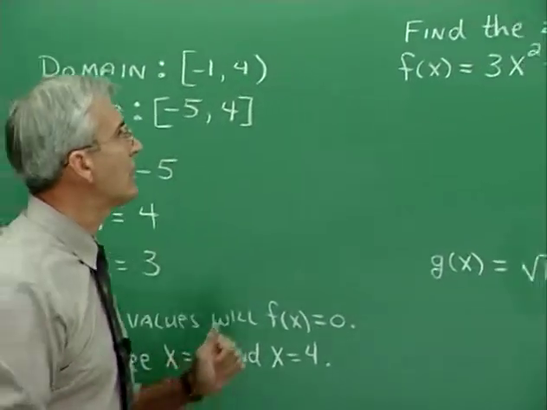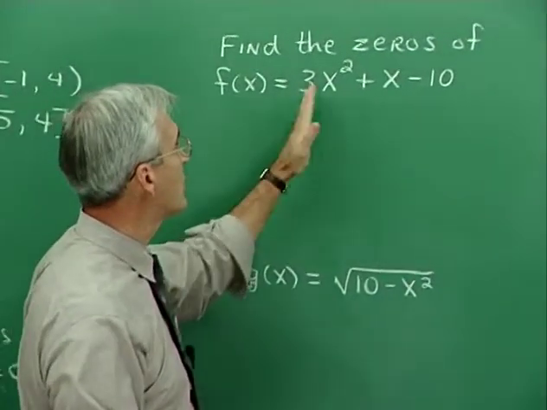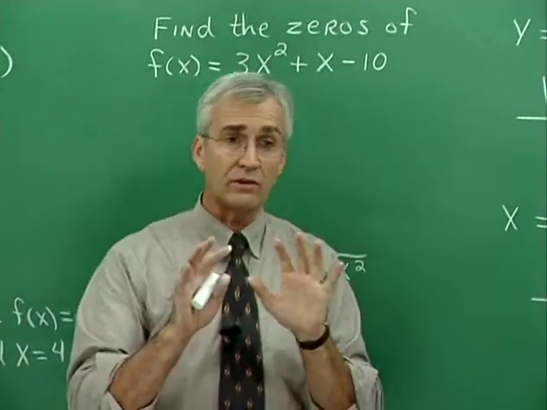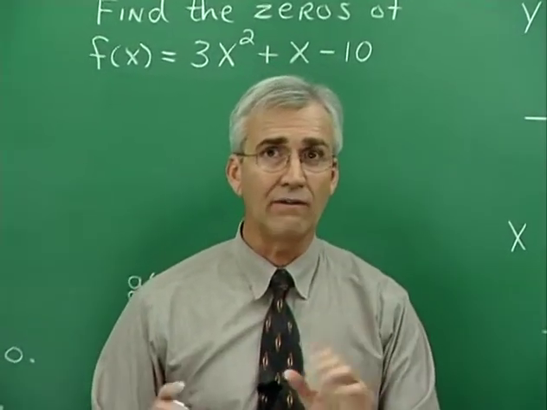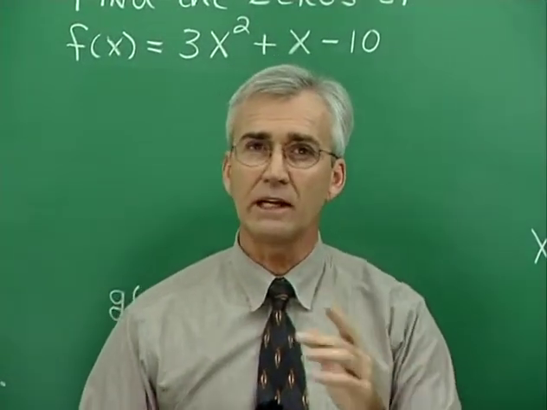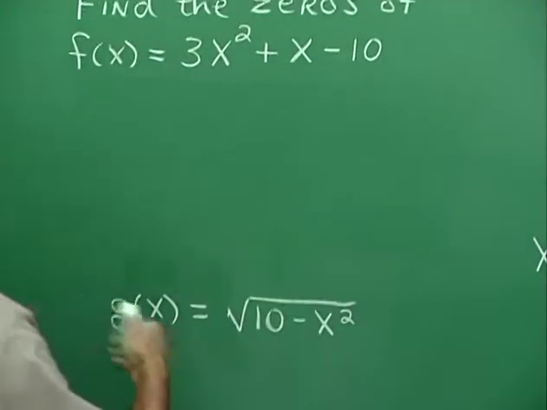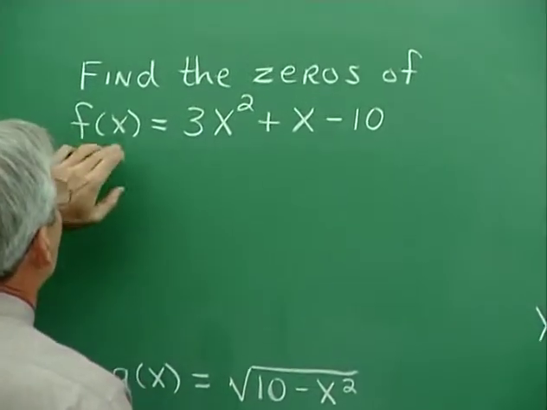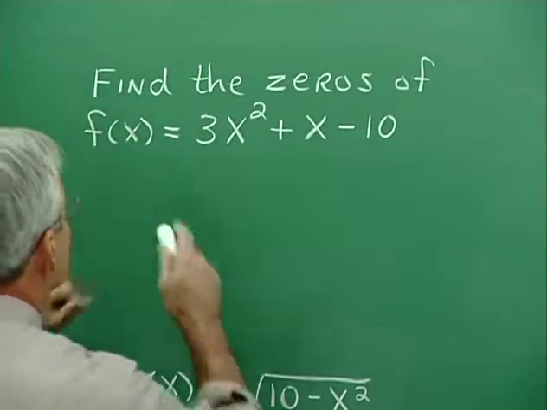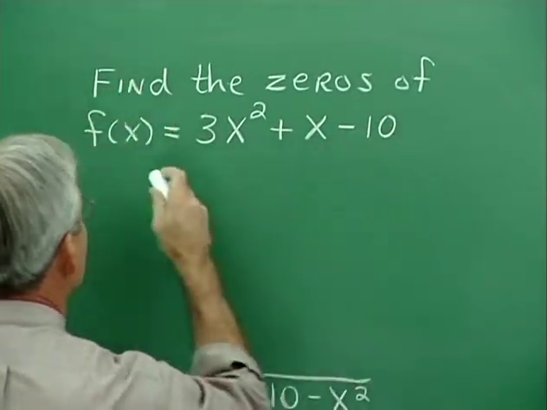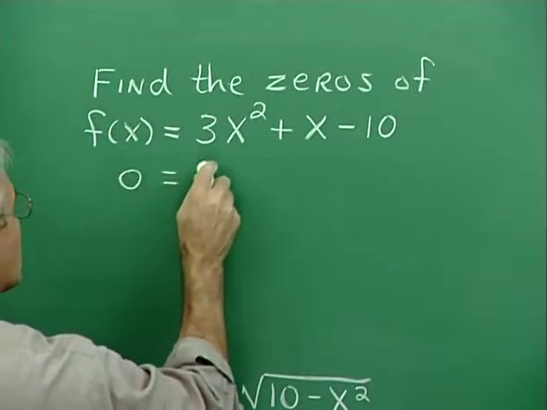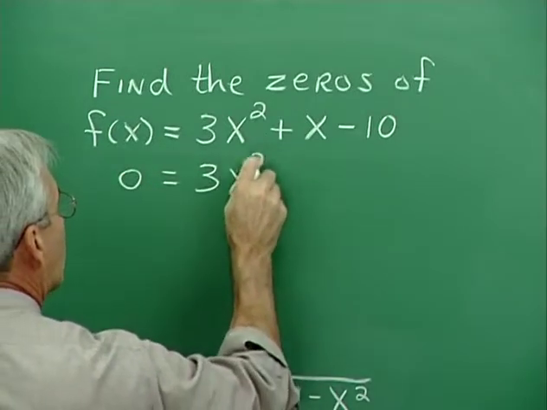Suppose we want to find the zeros of this function. Now the zeros in this algebraic notation, in this function notation, not graphically, it's exactly the same idea. It's the values of x such that f of x is equal to 0. That is, we want the values of x that will cause this expression to be equal to 0. So we do this, and we solve for